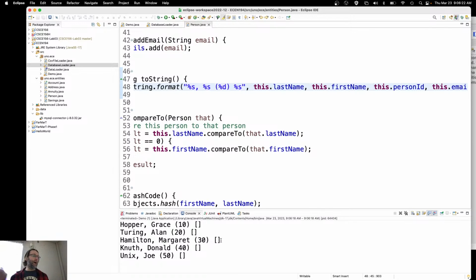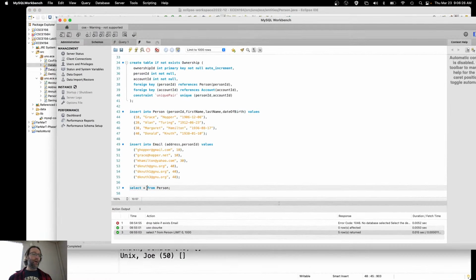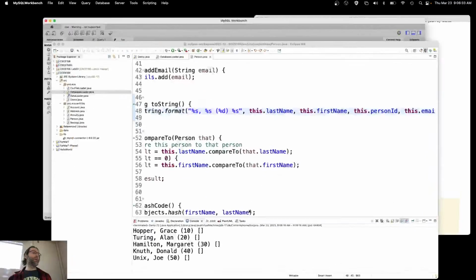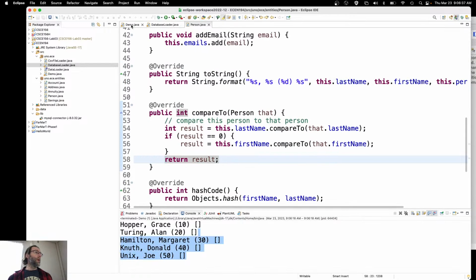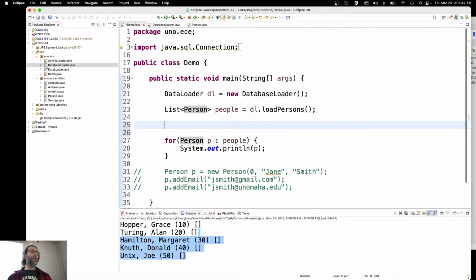We've got Grace Hopper, Alan Turing, et cetera, just like we would over here if we actually ran that query in MySQL Workbench. We're getting the exact same data here, except that I don't see any emails over here. Let's rectify that. Let's come back over here and think about where this needs to be done. I've loaded up all the people. I now need to look at the email table. Should I do that here? Grab, load all of the emails for each person,